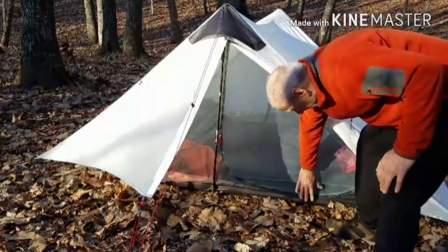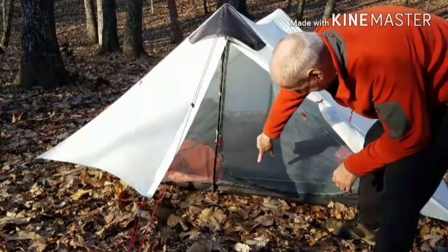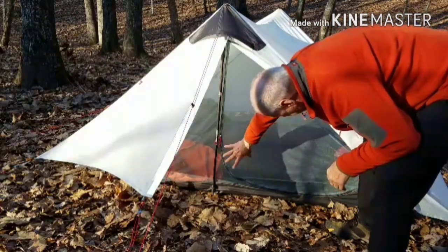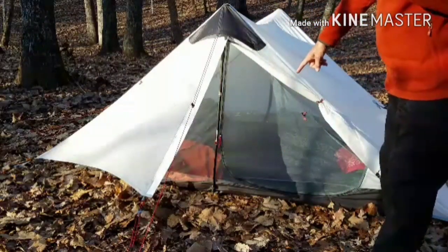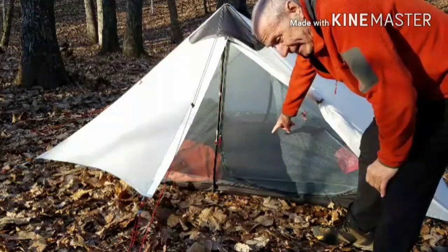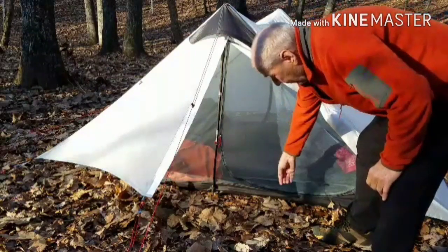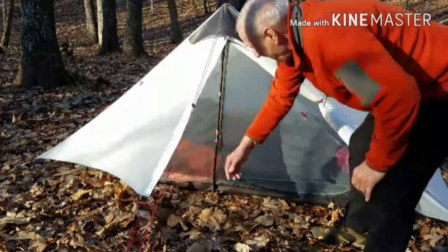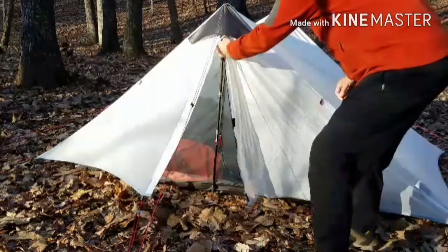I don't like this bathtub floor. Seems a little short to me. I don't like that. I know my Big Agnes, the bathtub floor comes up to like here, and they even have a privacy curtain along here. That I don't like, because with my Big Agnes, I'm on the Q-Core SLX pad, and then, you know, I'm up off the ground and I can see out under the rain fly. I don't like that. I feel insecure, I guess. But anyway,